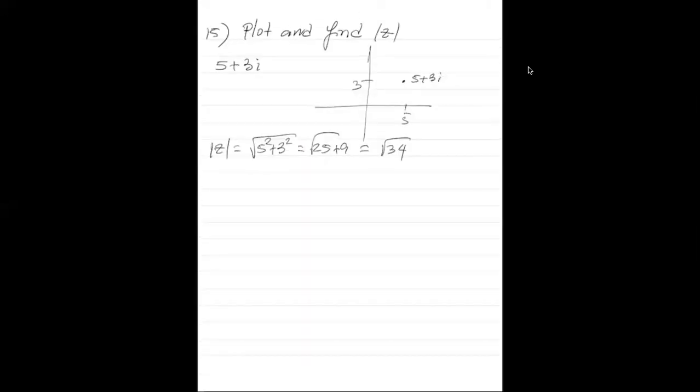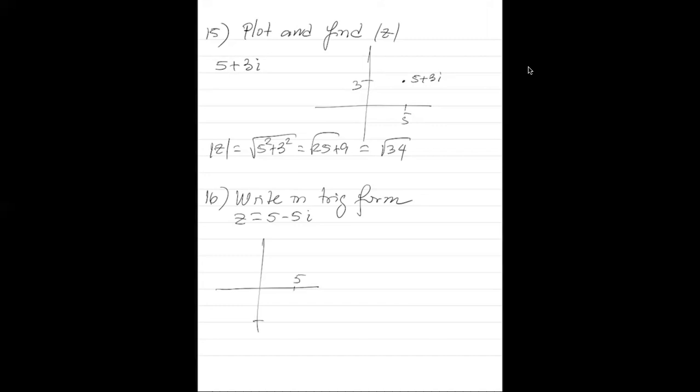Number 16, write in trig form. And the number given, z, is in standard form. So it's 5 minus 5i. We need to find the absolute value and the angle, but let's sketch it. So 5 is real, 5 is here, 5i is here, and our number is in the fourth quadrant, and this